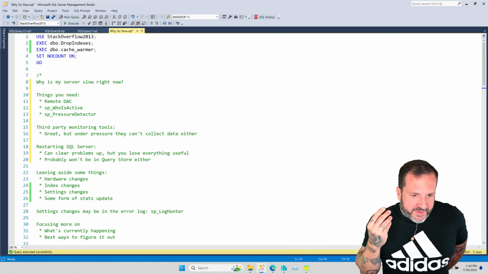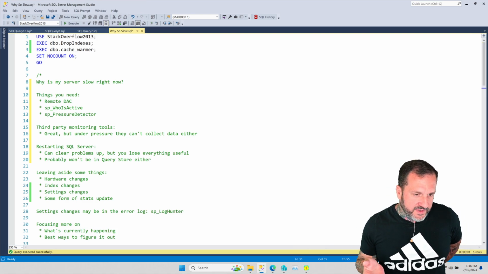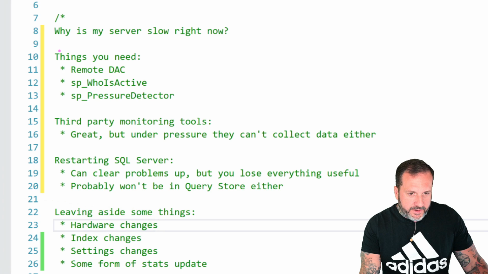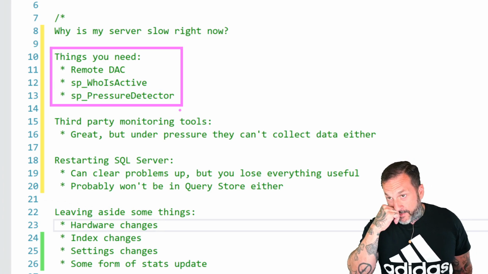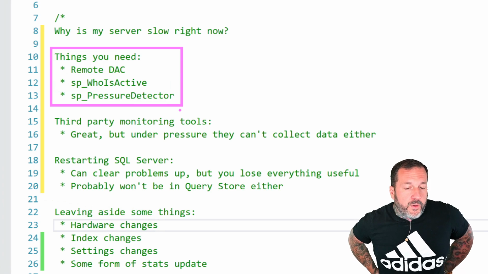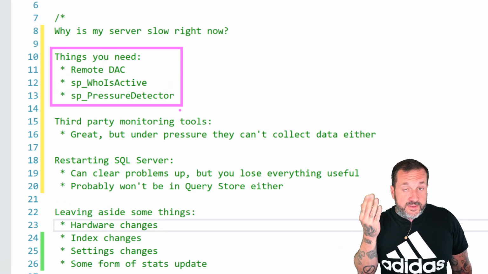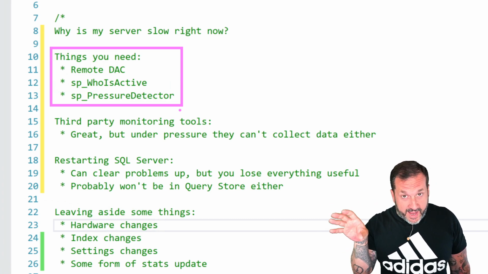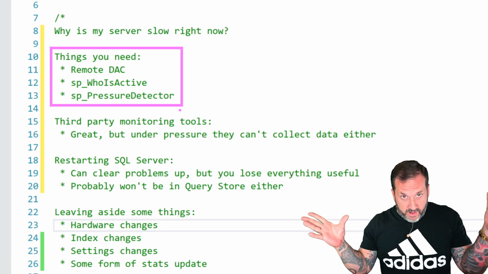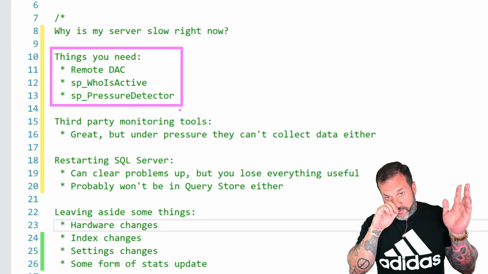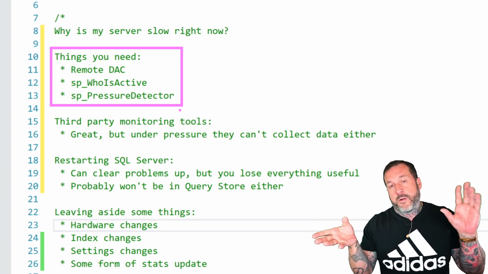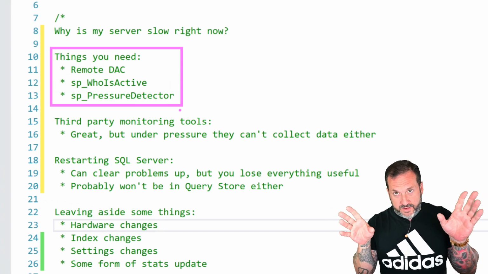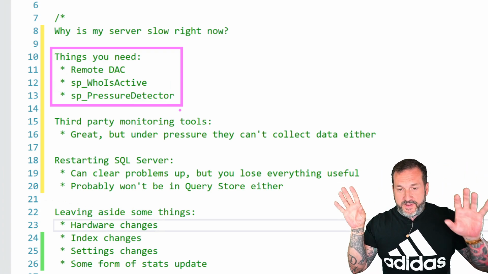So the things you're going to need when your SQL Server is slow are typically the remote DAC. That is the dedicated administrative connection. And you're going to want that because you're going to want a way to connect to SQL Server and run your analysis queries in a way that is not impacted by whatever awful explosion is going on all around you. You want to be able to run your analysis scripts unfettered by the catastrophe unraveling